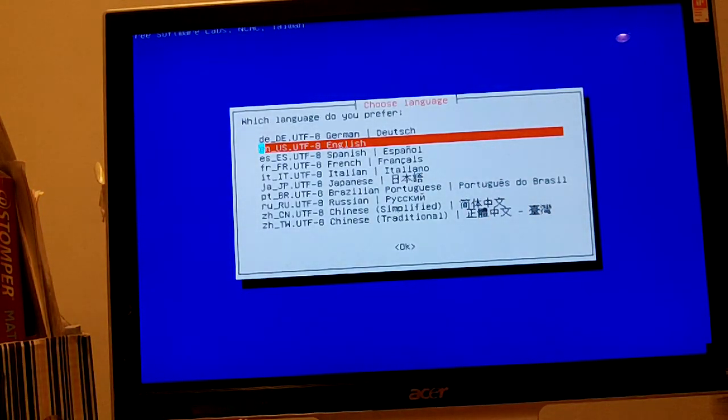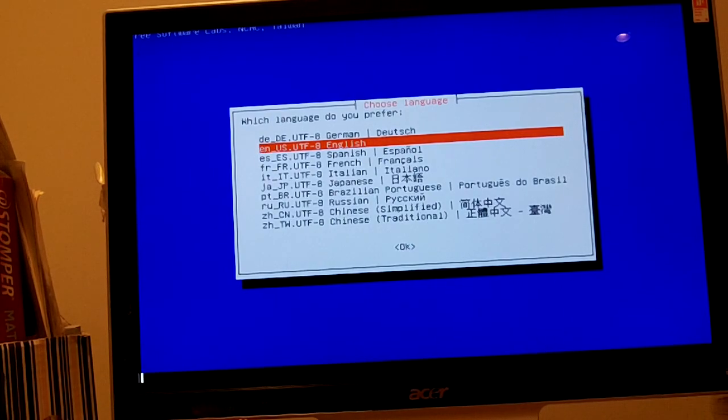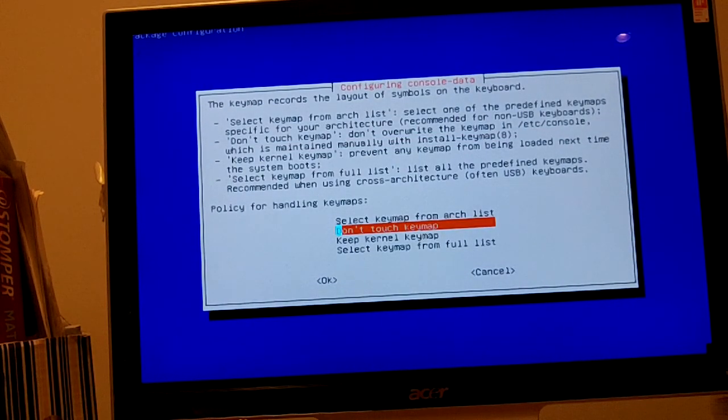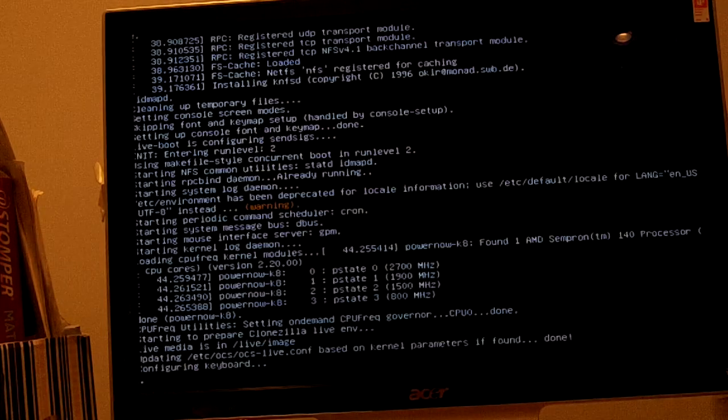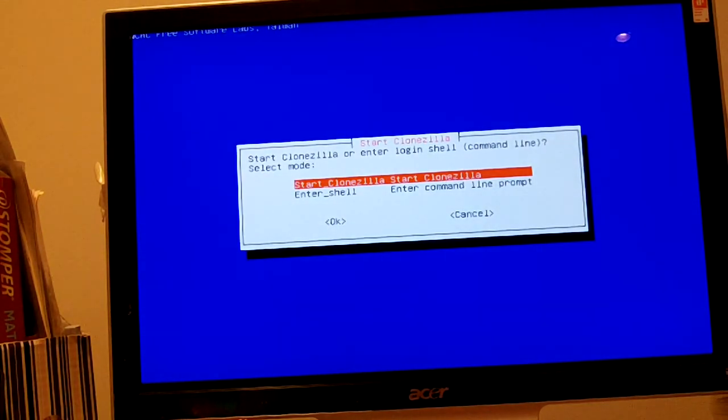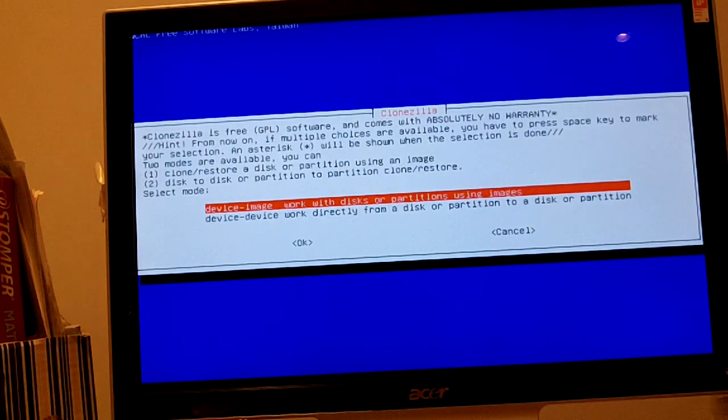Alright, so this first screen is asking for your language. Pick English. This screen is for your keyboard. Just select Don't Touch Key Map. Start Clonezilla. And this is asking where you'll be working with images that you'll be storing or restoring to